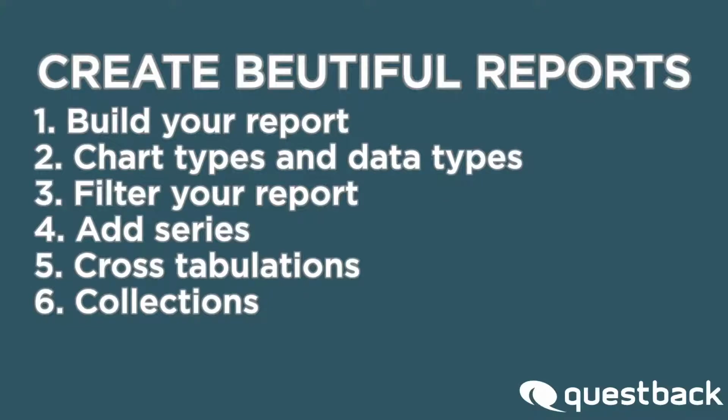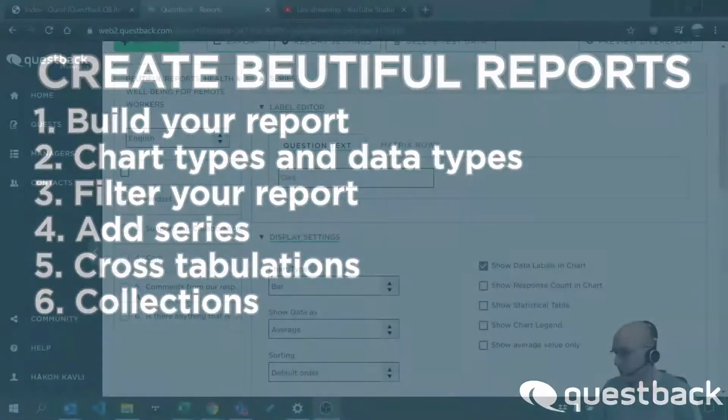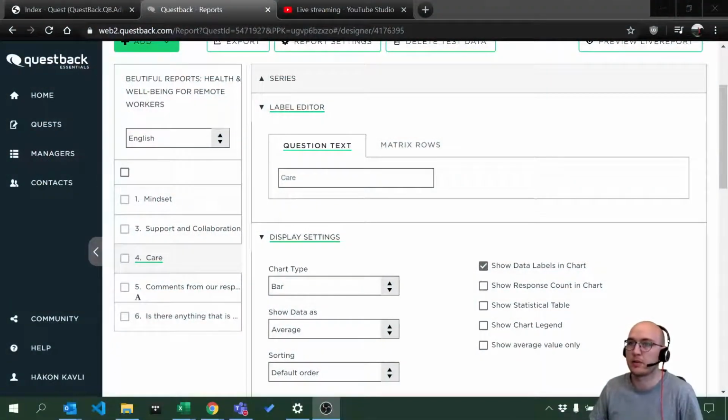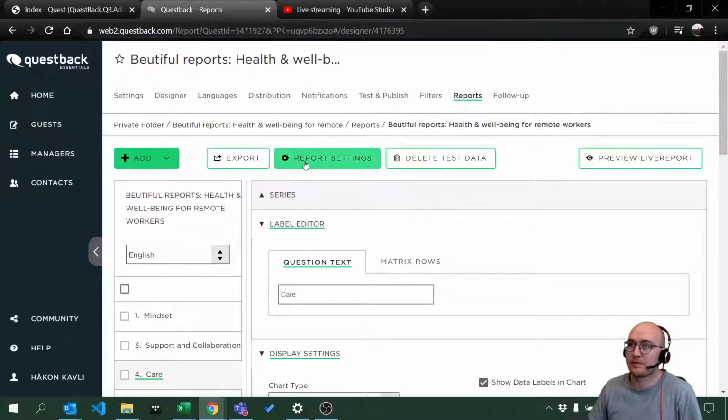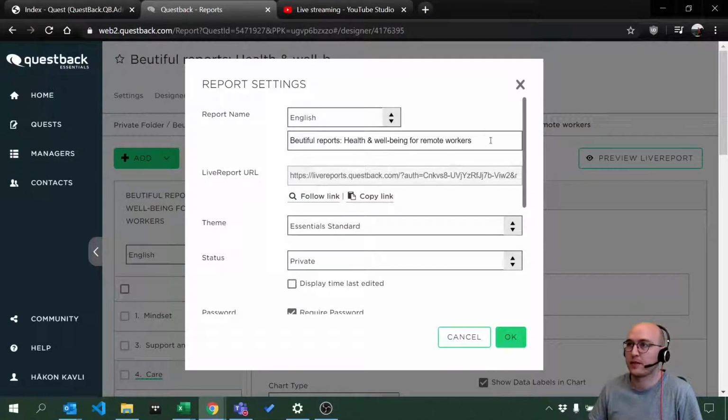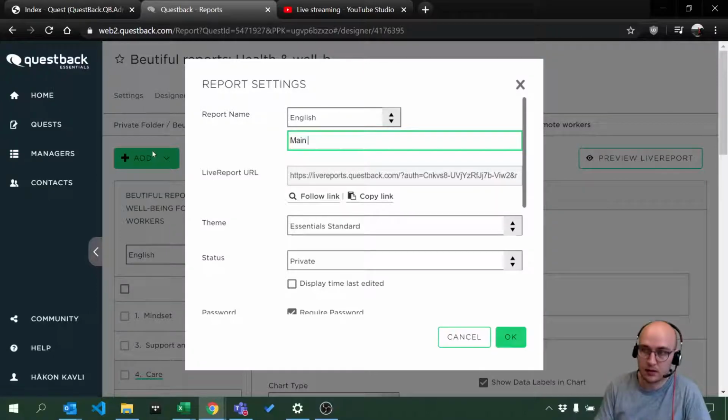So just gonna go quickly back here into my report and I'll show you one little tip, and that is that you can often benefit from having several reports. So I'll name this my main report,